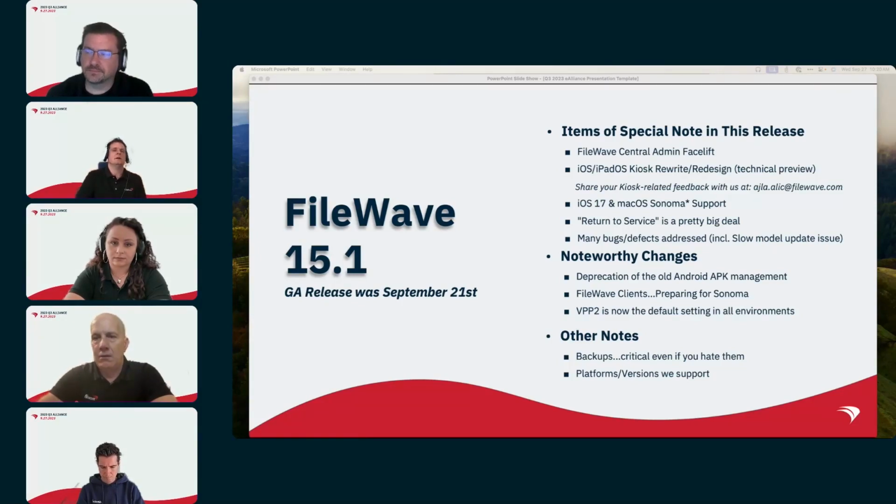Talking about upgrades, VPP v2. For those who have heard about this, VPP is the license management system from Apple, and I think it's now 2 years ago they introduced new APIs for license management. They called it VPP v2, and we started working on it already 2 years ago. We were ready, but we know how critical license management is in the Apple world. We see that every year in the summertime, most of the schools are refreshing devices, are hammering the VPP API on